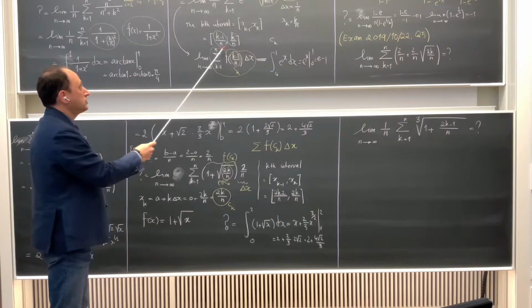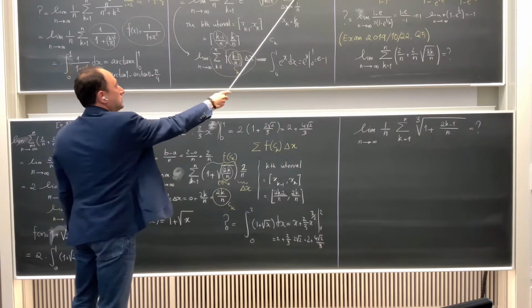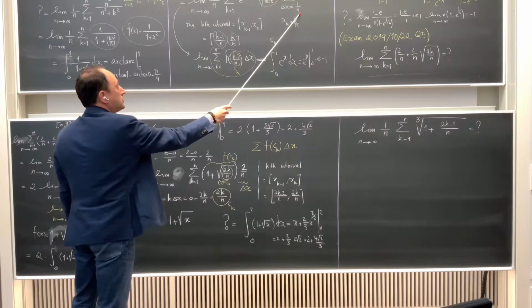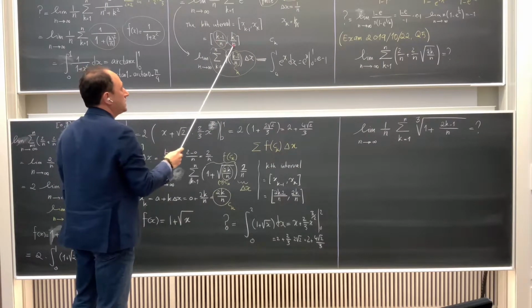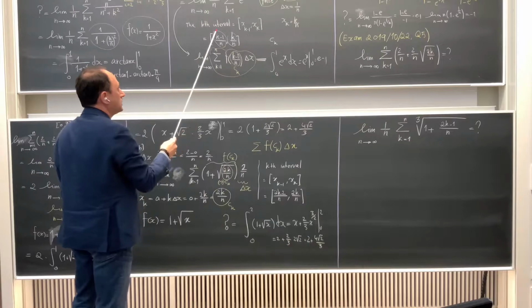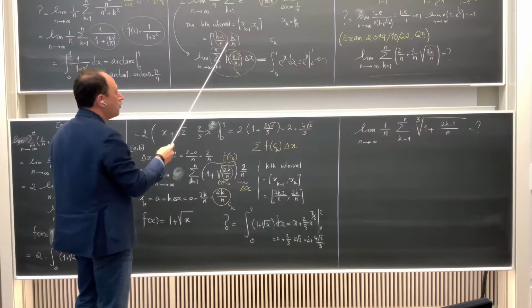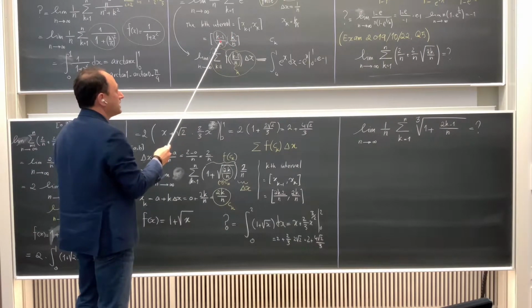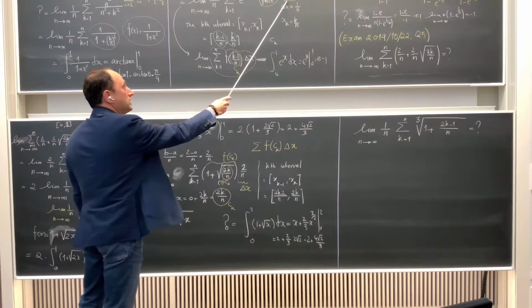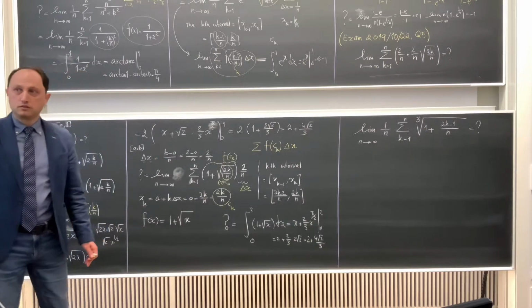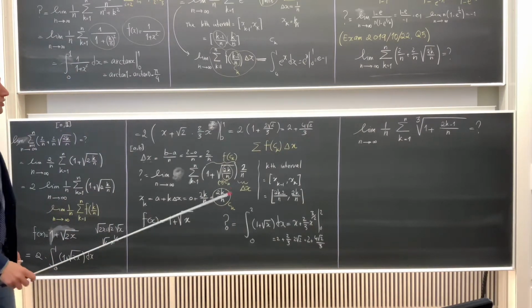Because it doesn't matter, I give you the interval, you divide it into n equal pieces, and I ask you to determine the kth interval. You do that and you get this one. So remember this form. It is always the kth interval for the regular partition of the interval from 0 to 1. Yes? Okay,